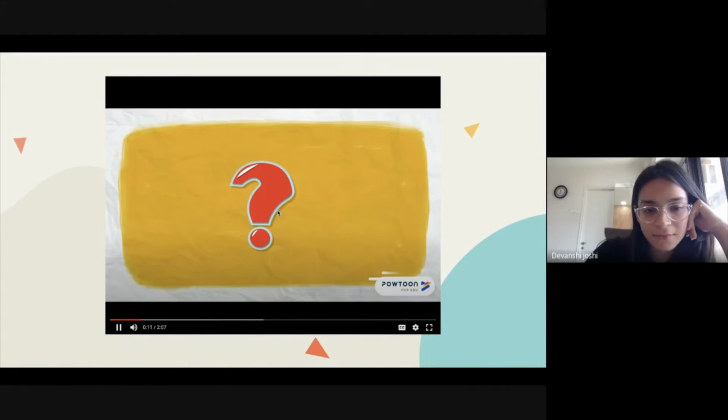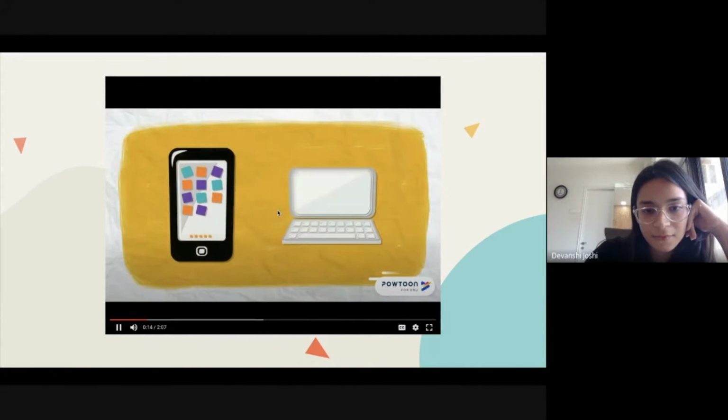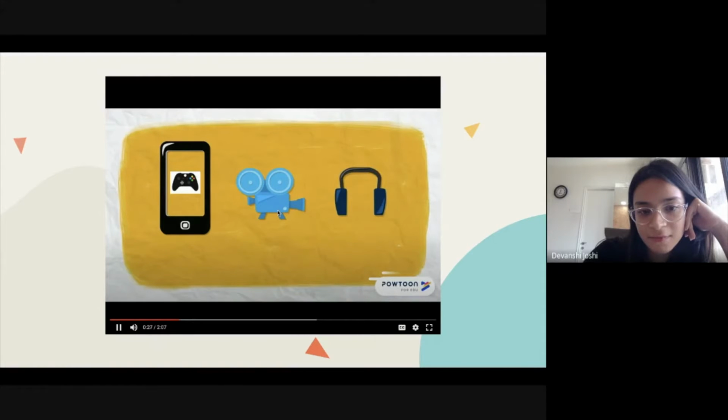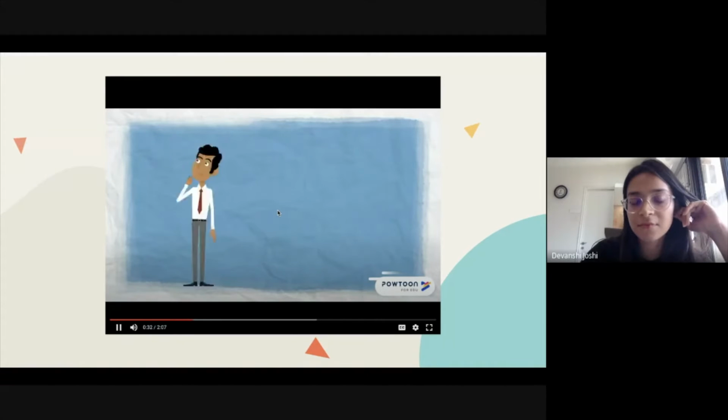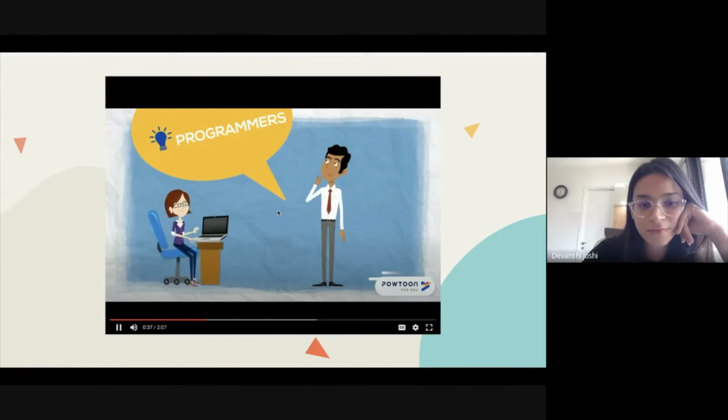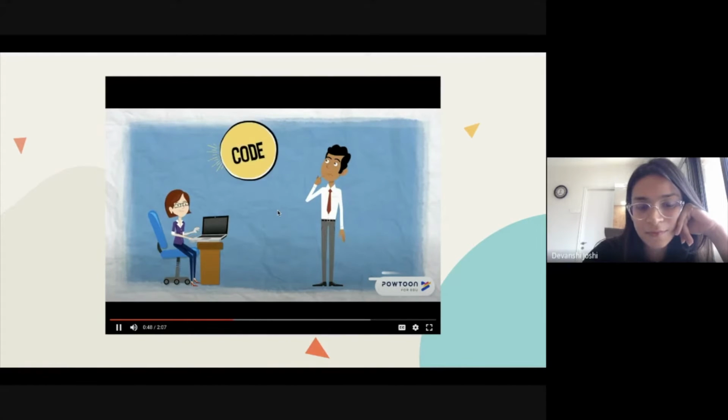Have you ever been inquisitive to know about the different apps and software that we use on a daily basis? A few examples could be the games that you play, or the tools you use to create and edit videos and movie files, including music files. All of these are basically computer programs. The people who develop and create such programs are known as programmers. Programmers write a series of instructions, also known as an algorithm, to tell the computer what to do. These sets of instructions are written in a special language that the computer understands, which is called code.